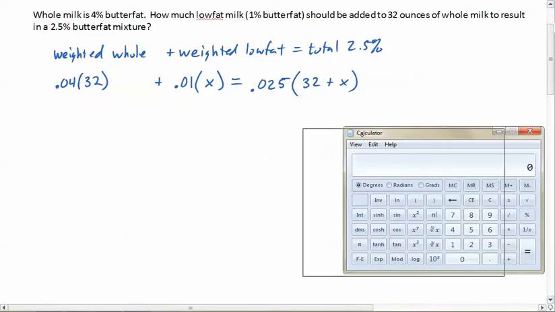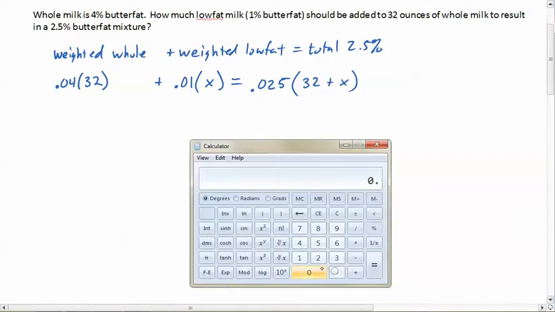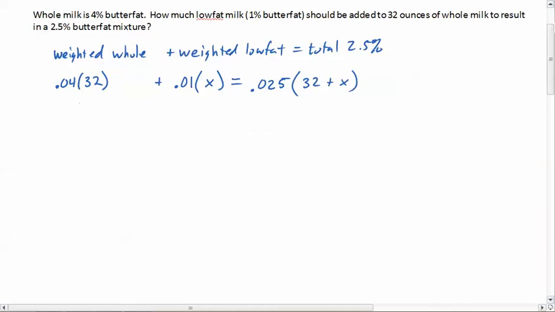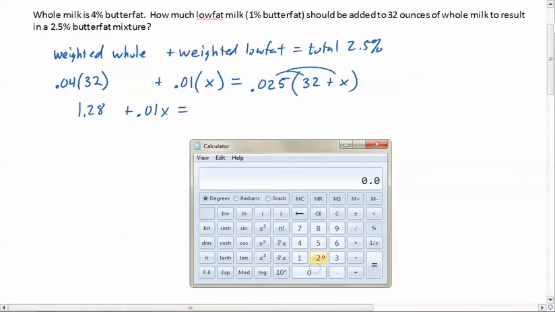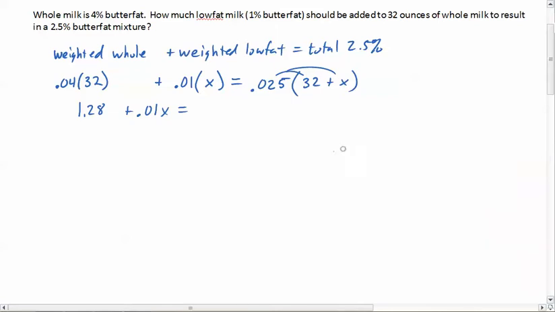We'll go 0.04 times 32, which gives me 1.28. So 1.28 plus 0.01x equals, and we distribute to both of those, 0.025 times 32, which is 0.8,